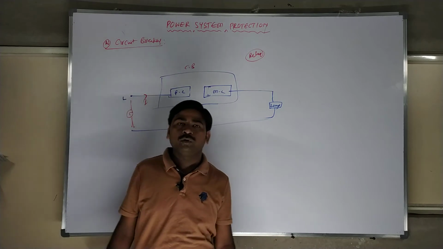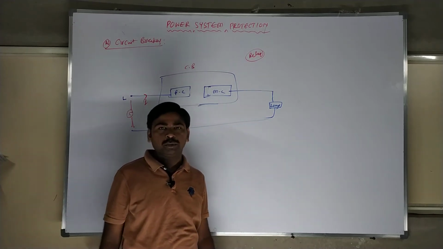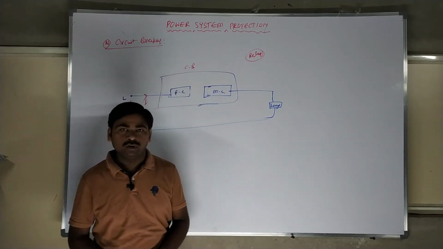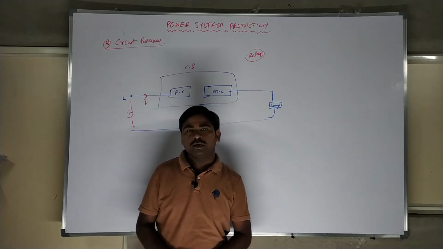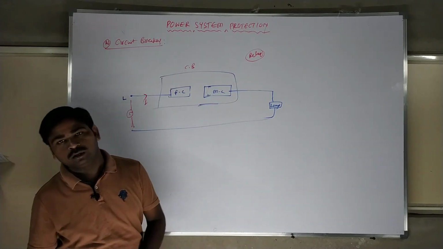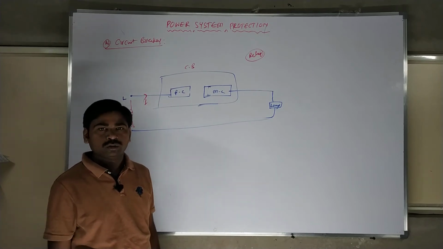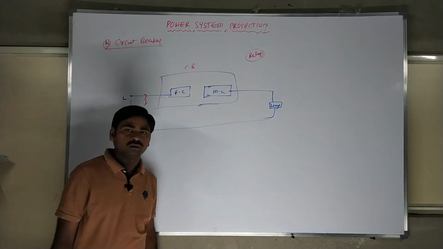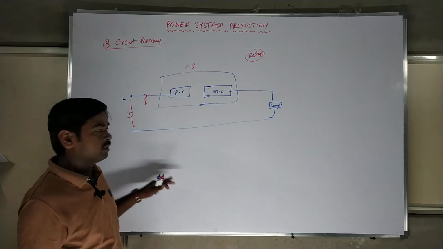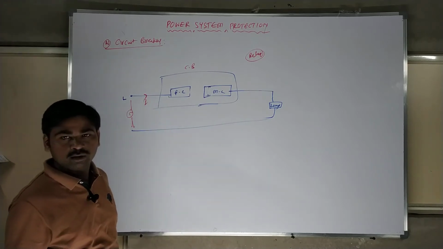In the circuit breaker, we can operate it manually or automatically. In previous days we had manual operation, but now everything is automatic. The circuit breaker will open and close automatically, but within our control, everything is digitalized using microcontrollers and microprocessors. We are working on that. This is the basic thing I was explaining.